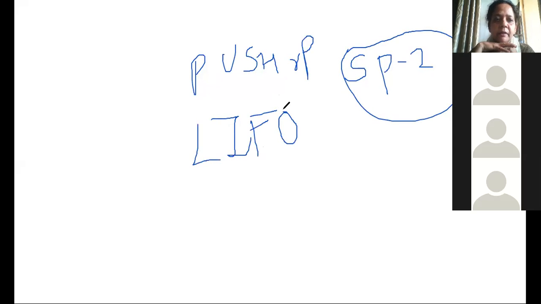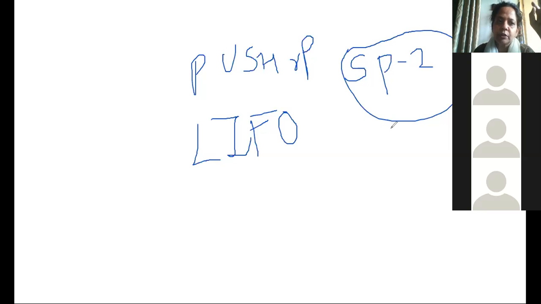When you learn data structures in Paper 1, you have the different types of data structure. In that, stack and queue are the two data structures. So stack means this stack, okay, and last in first out means whoever comes in last goes out first. In a queue, whoever comes in first will go out first, so that is called FIFO, first in first out. Okay, in a queue, for example when you stand in a queue to buy a ticket, whoever comes first will go out first. Okay, that is called first in first out.